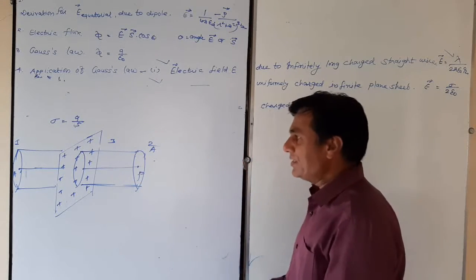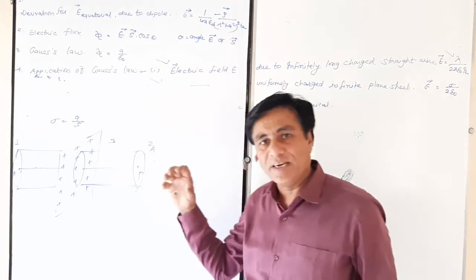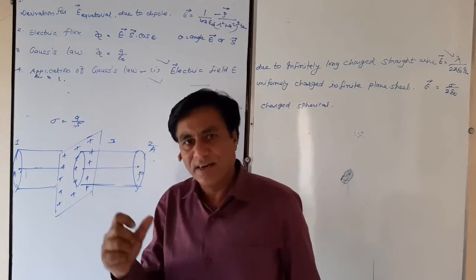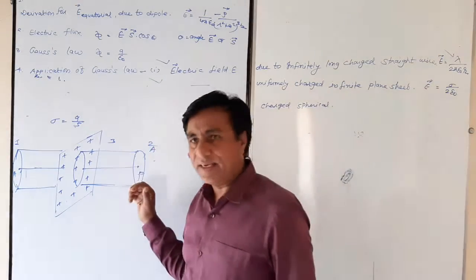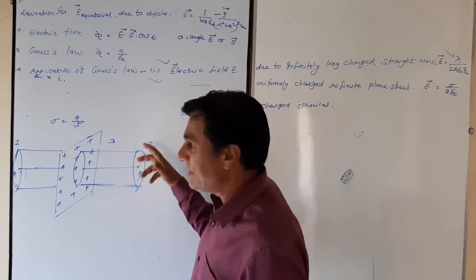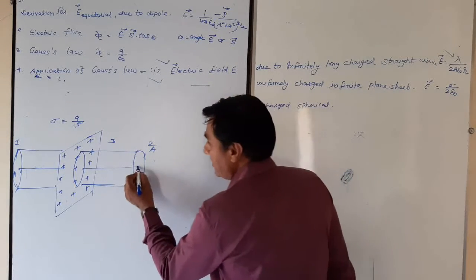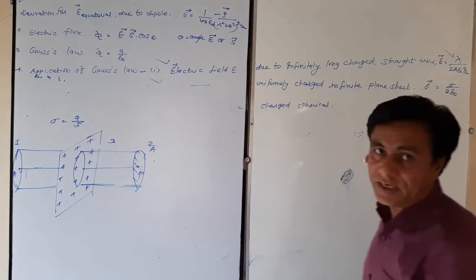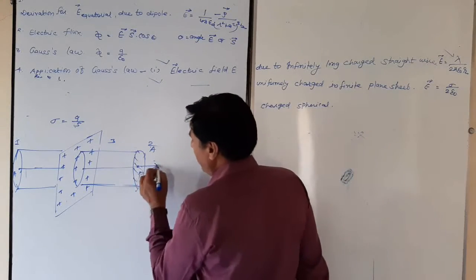Clear? In order to apply Gauss's law, we have to imagine a Gaussian surface, and for our convenience we take a symmetric figure in order to calculate the total flux on the Gaussian surface. So we take PP dash as the axis of the cylinder and we imagine a cylinder. Definitely our point P, at which we have taken the electric field intensity, will be at surface number 2 of the Gaussian cylindrical surface. Now see here, the electric field intensity is E.